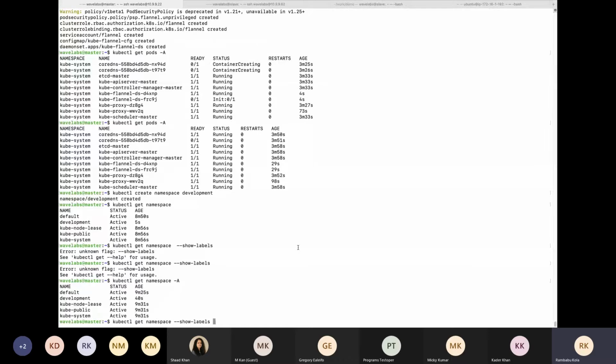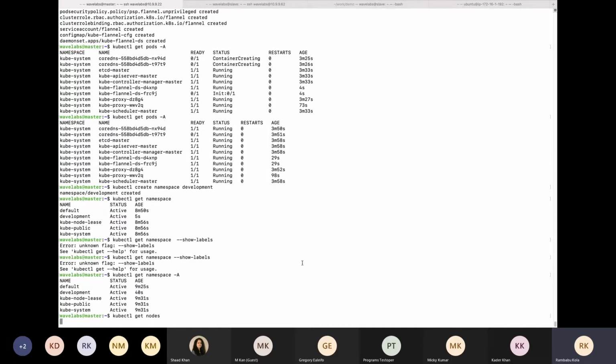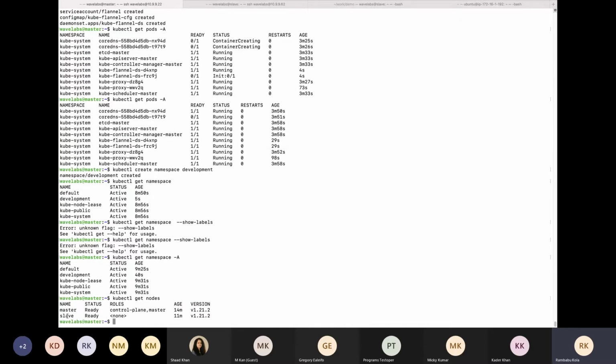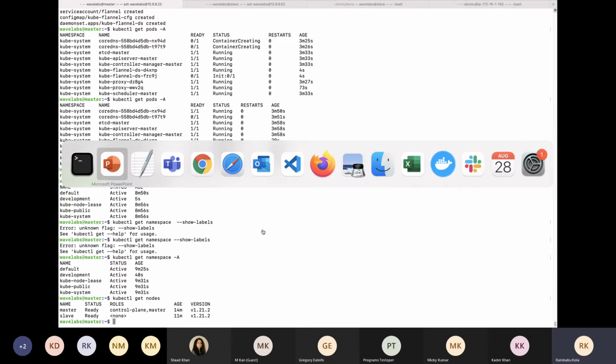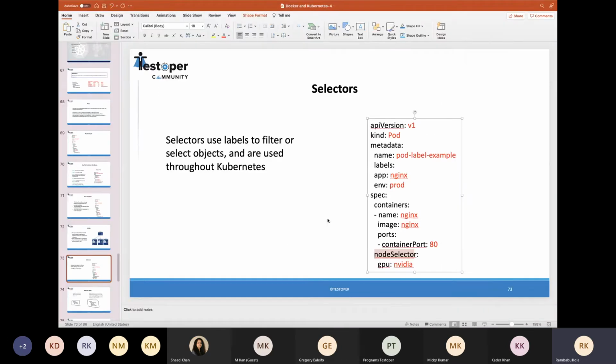Right now we have only one node, but if we have multiple nodes, like 3, 4, 5, 6, and you want a particular application's pod to run on a particular worker node, then in those cases we can use the node selector and give the name, whatever the labels you give, you can use those options.